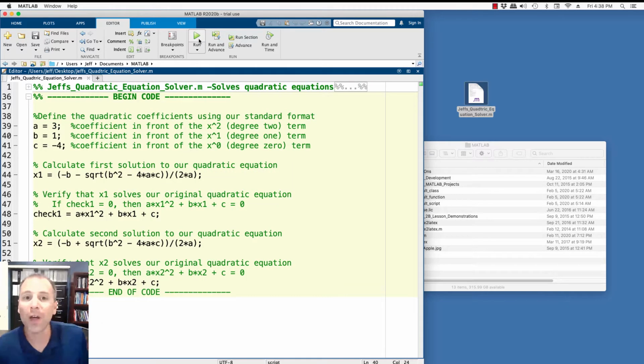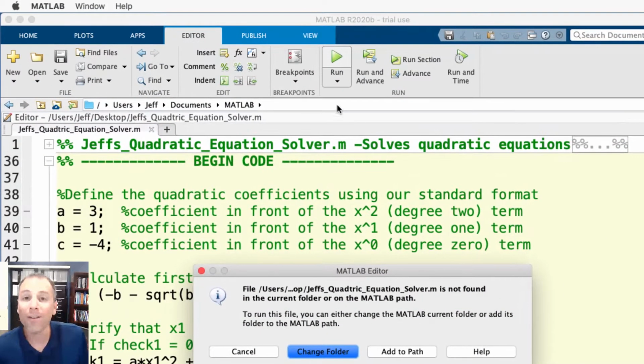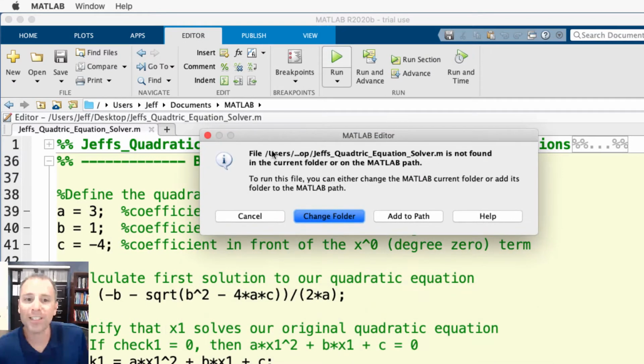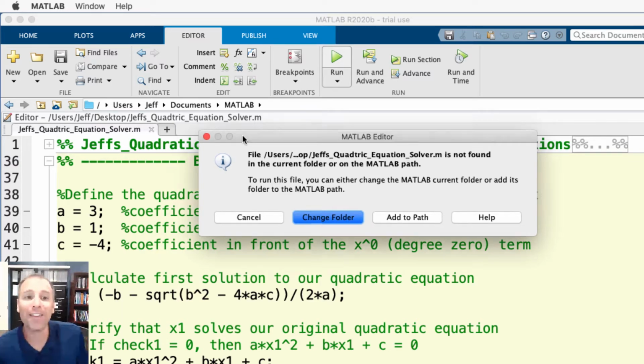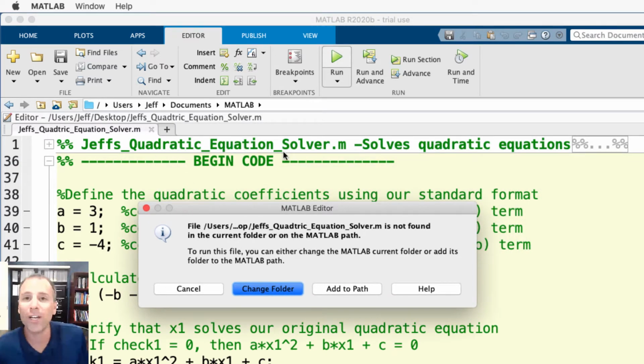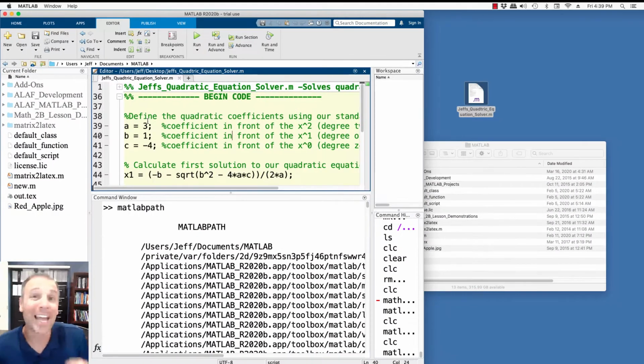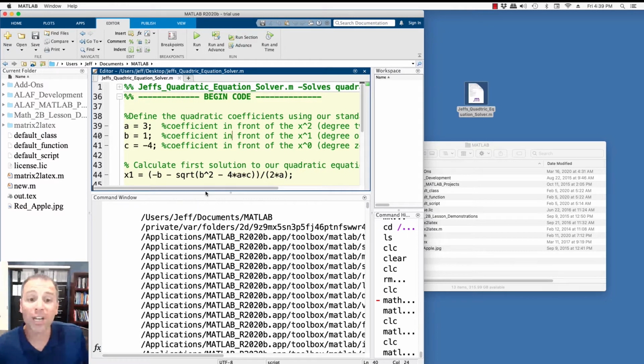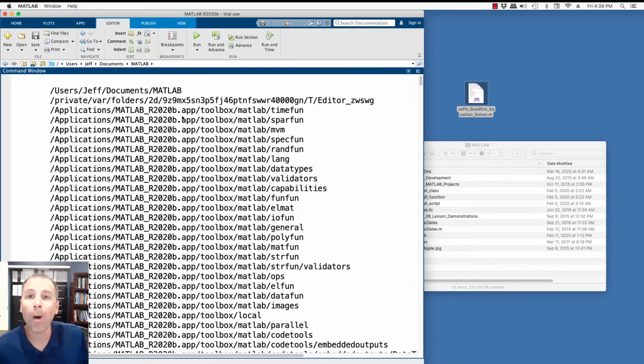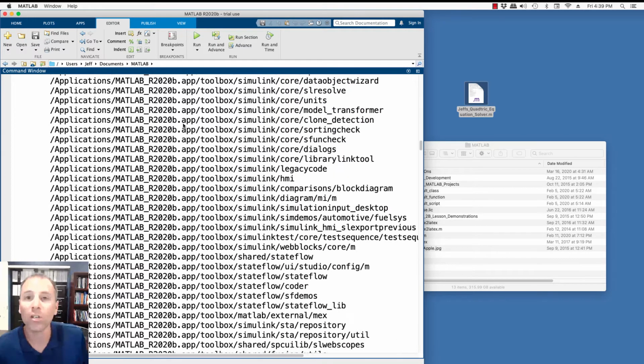Now, we saw that when we run this, one of the things that happens is MATLAB comes up with a message that says the file could not be found in the current folder or in MATLAB's path. In other words, as a user, I've told the librarian, hey librarian, I want to find this thing called Jeff's quadratic equation solver. The moment I told the librarian that, aka gave the command to the kernel, which in this case I did with a push button, the librarian searched its Rolodex of all possible places it knows to look for commands.